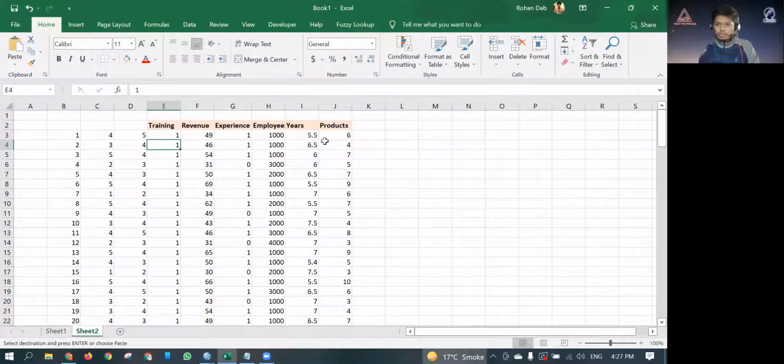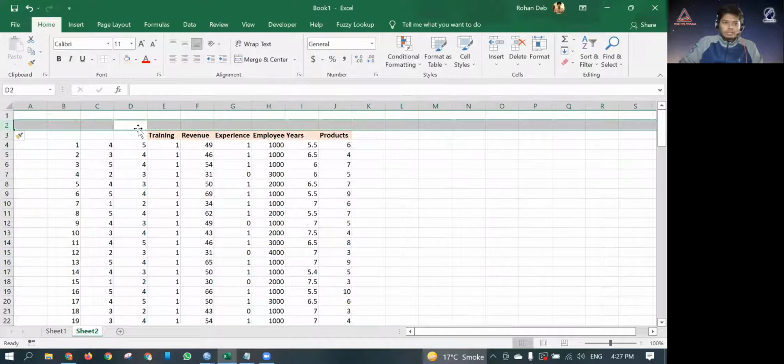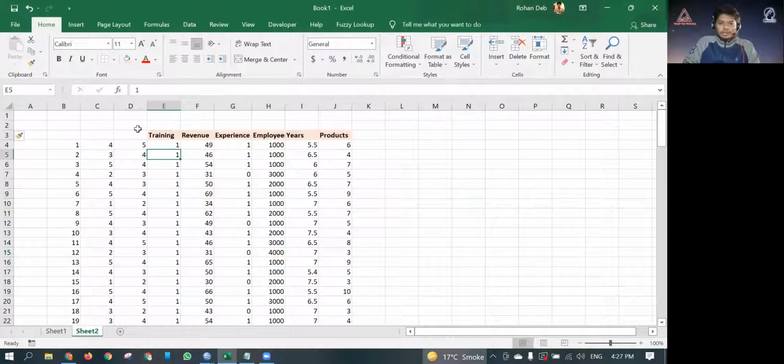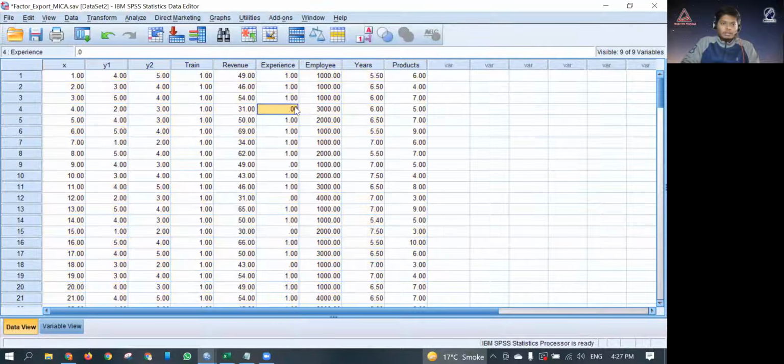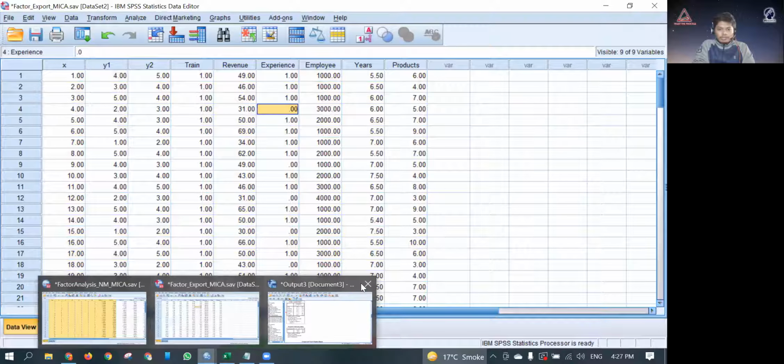Okay, so first let's do it on SPSS, then I'll copy the relevant information from SPSS and put it here in Excel. We'll come back to Excel in a bit. Let me close the output file, otherwise it will keep waiting.